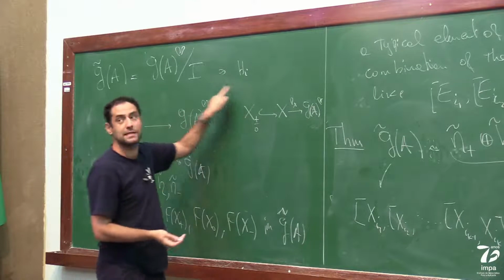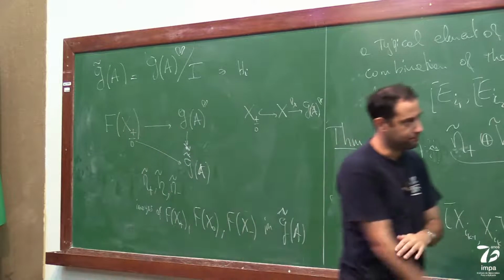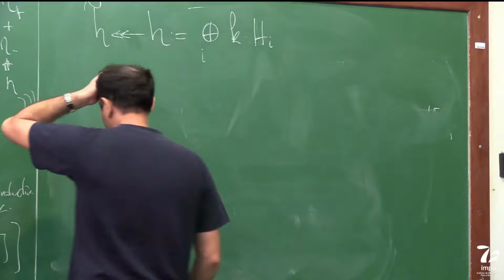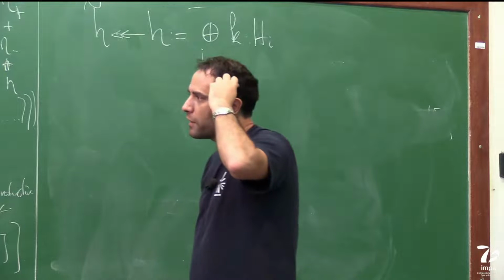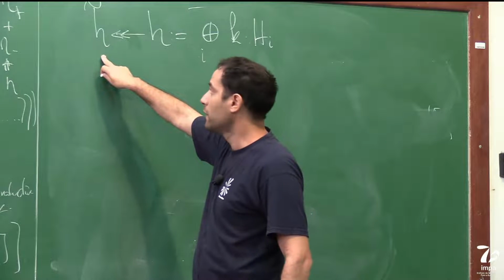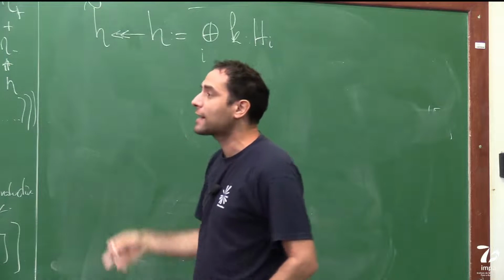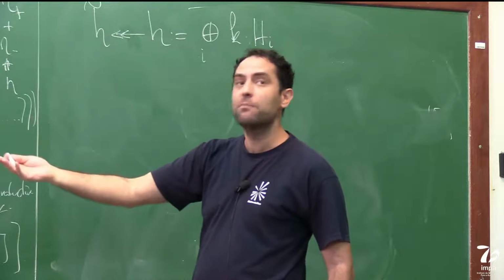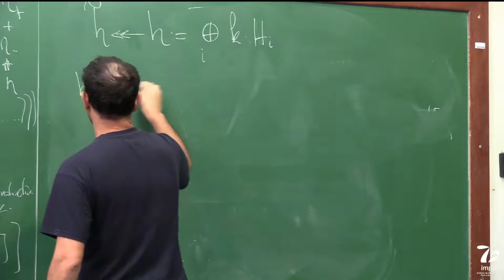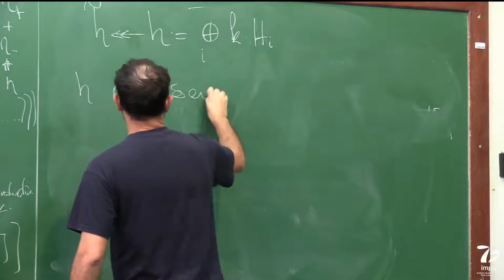So I need to prove that this doesn't happen. No, this actually is indeed an isomorphism. But what we're going to do is I'm going to look at the image of h in h tilde, and h acts diagonally, it acts semi-simply on g tilde of a. So h acts semi-simply